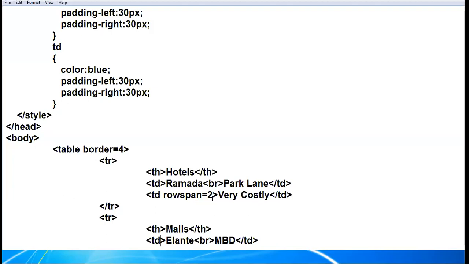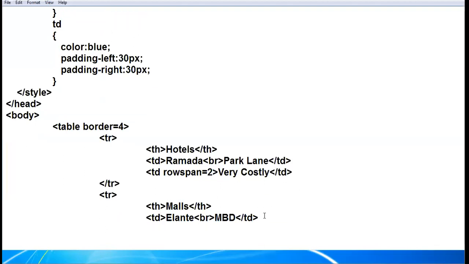So looking at the question, you have to frame the coding yourself, where to apply BR and where not. Now see in the coding, the line which I am shading: this was the third cell of the first row. It has been merged with the third cell of the second row. So in the second row, we will have two cells. So here I close the TR.